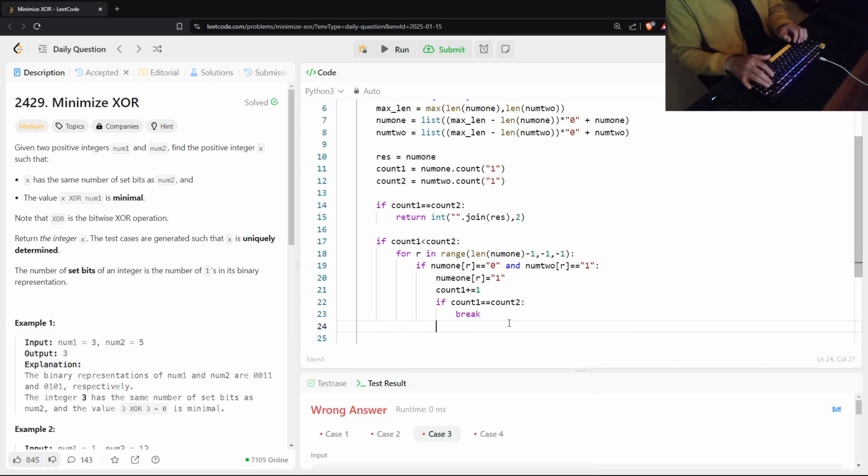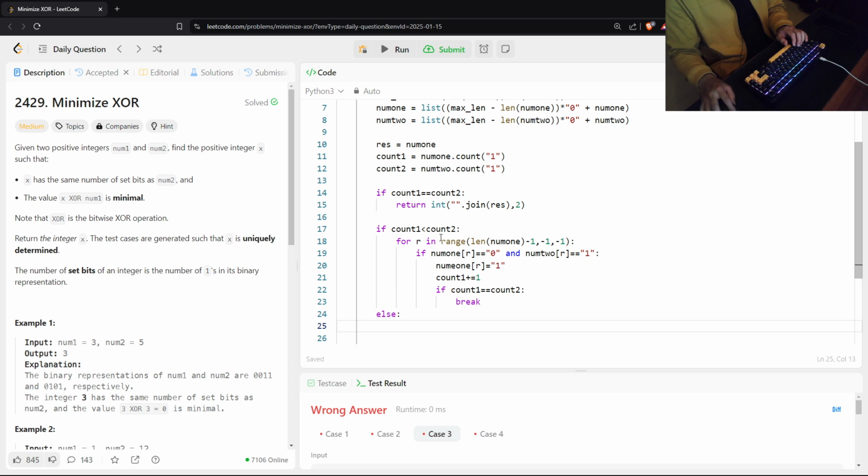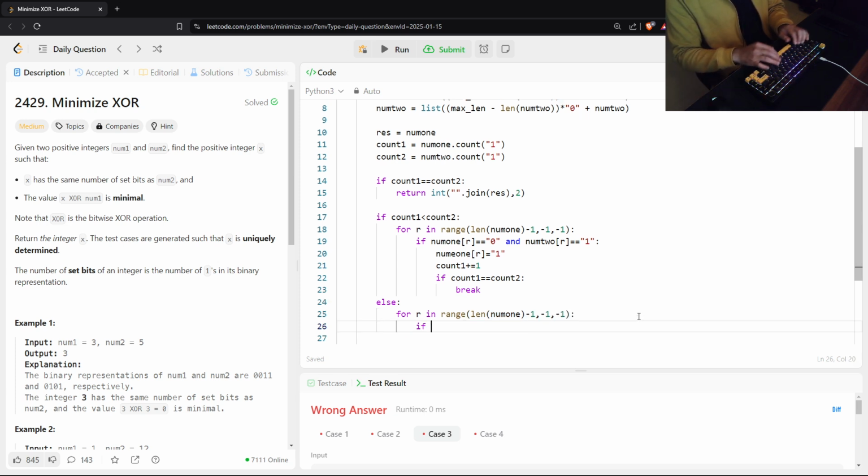Now the same thing will happen in the else case, where the count of 1 is actually greater. Same thing, we'll have to do the for loop again. Instead of num1 you could also use num2, it doesn't matter because the length is the same. Now if num1 is a 1, in this case what we need to do is reduce the 1 bits. So we see that if it's a 1 here and num2 is a 0,